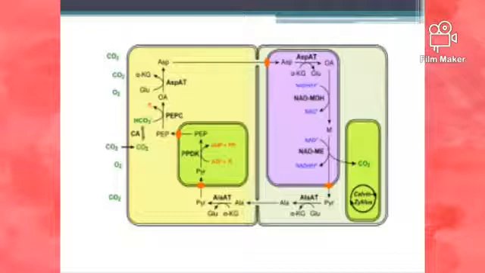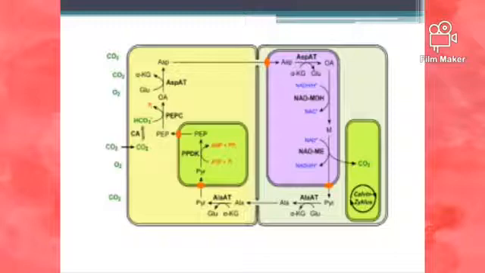This next picture shows the reactions of the C4 pathway. Here 2 cells are required. The first, this yellow colored cell, is a mesophyll cell, and the next somewhat whitish colored cell is a bundle sheath cell. In mesophyll cells, the first reaction is that atmospheric carbon dioxide is accepted by PEP, phosphoenol pyruvic acid, and produces a 4-carbon compound called oxaloacetic acid in the presence of an enzyme called PEP carboxylase. As OAA is the first stable product, which is a tetrose, these plants are called C4 plants, and the pathway is called the C4 pathway.